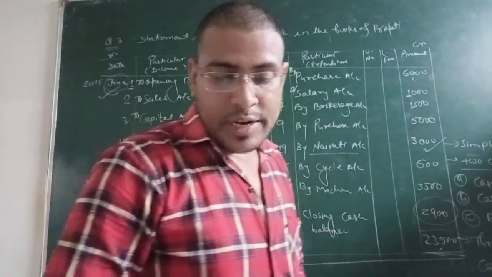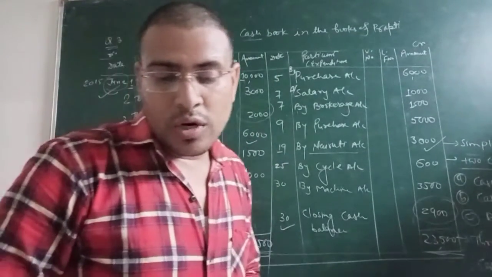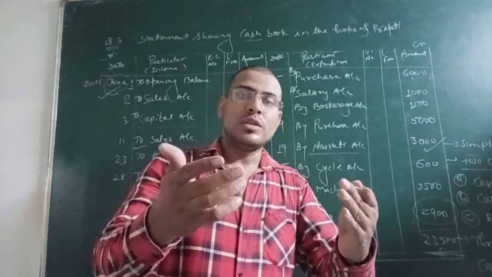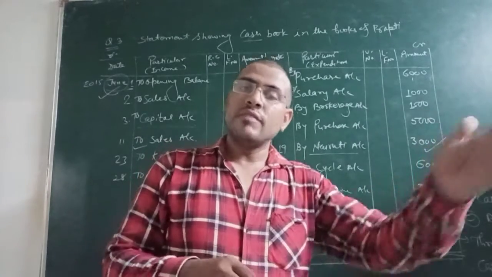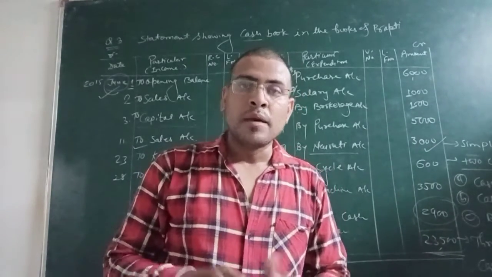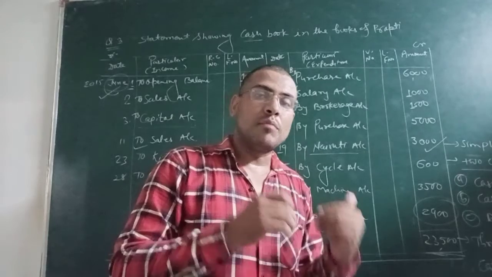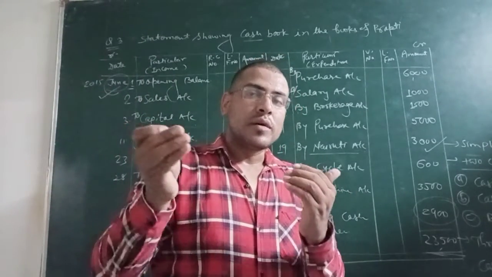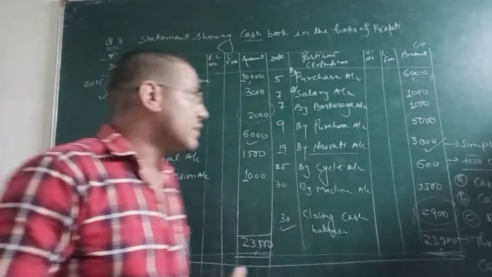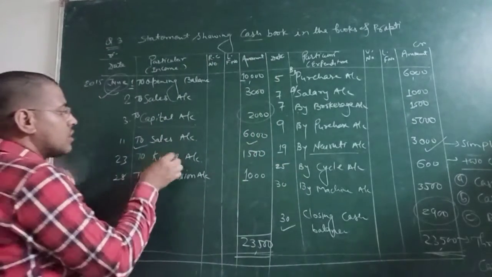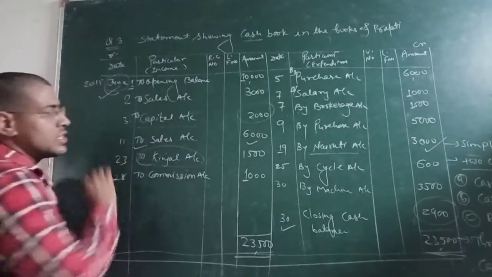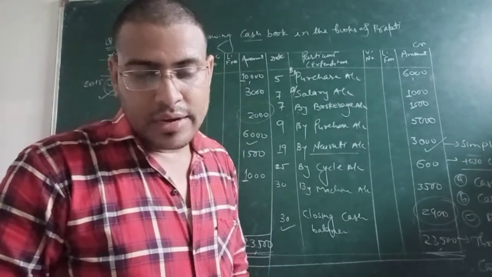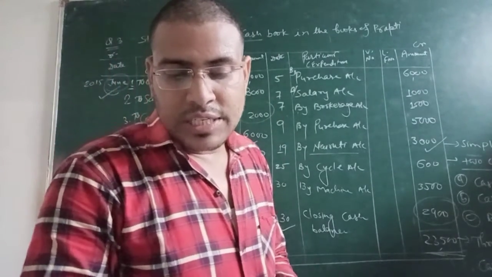Kinjal paid 1,500 rupees for goods sold to her in the previous month. Now we sold goods to Kinjal in the previous month. At that time we recorded by the name of sale. But right now Kinjal is paying the amount for what we sold to her in the previous month, which means money is coming into the business. So at the debit side of cash account, income account, write by the name of Kinjal, it is 1,500 rupees.